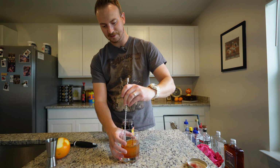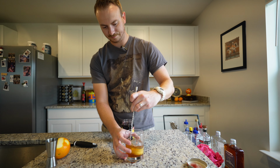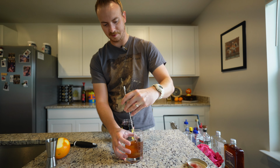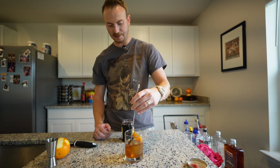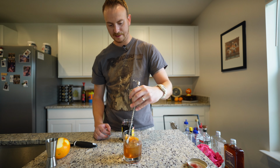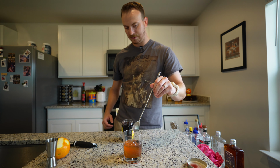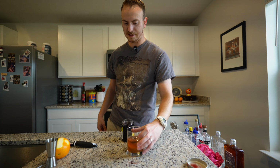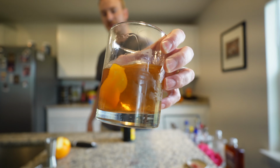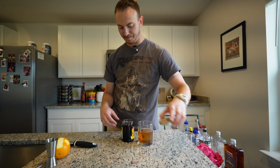in the glass, and then again, I'm just going to stir. Got some of that syrup at the top. You just stir for a little bit until you get it nice and mixed up. And ladies and gentlemen, that's your old fashioned. It is simple as that. It's always, always, always a go-to for any